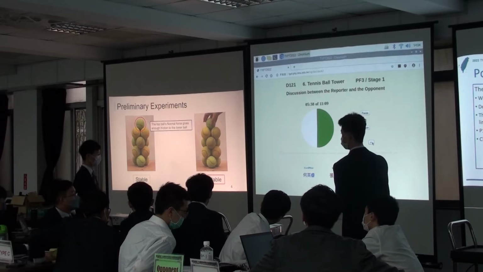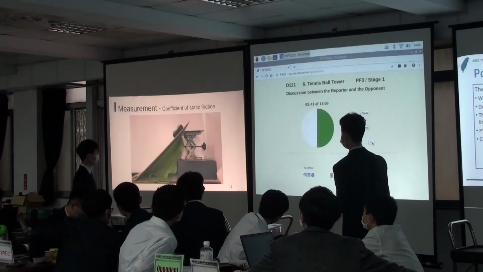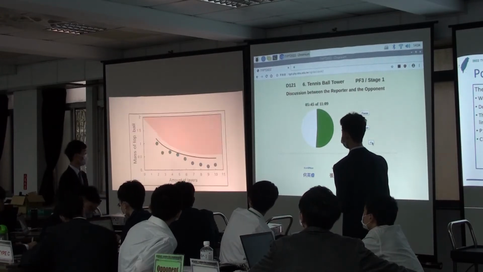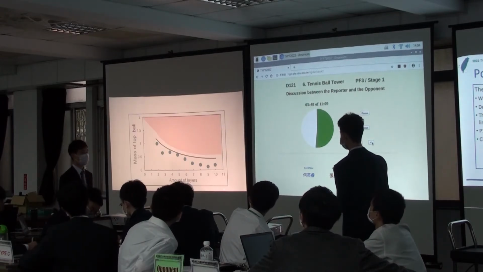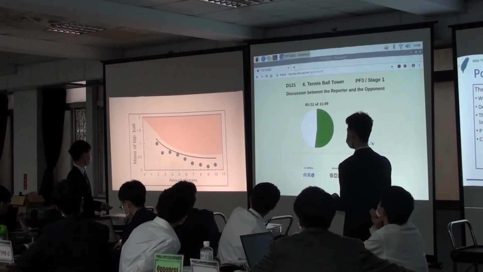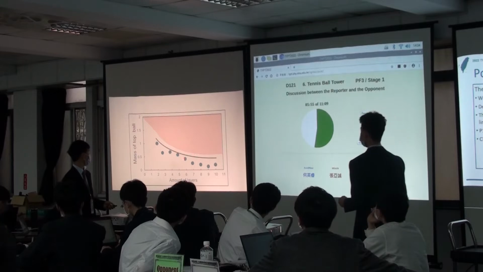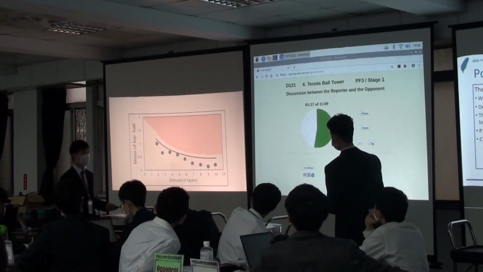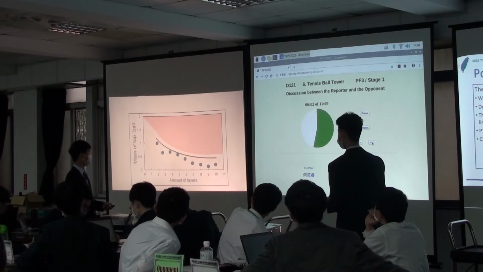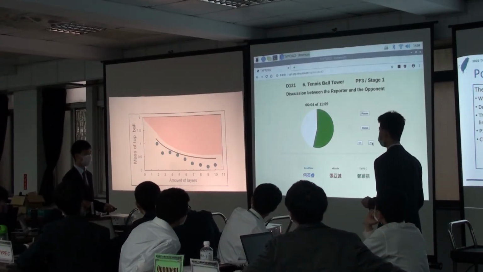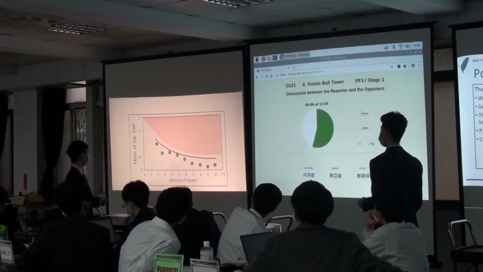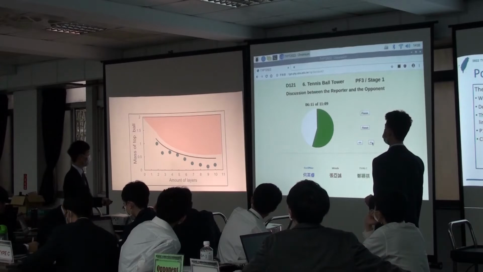of the mass of the top ball? The graph. Yes. But if the mass of the top ball approaches 0, then you wouldn't be able to build the tower at all. So if the mass continues to decrease, then the number of layers you will be able to stack will also decrease. Yes, I agree with that. Okay, so what is this red region here and this yellow region? This line should be out here, but